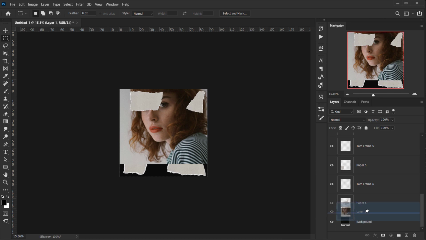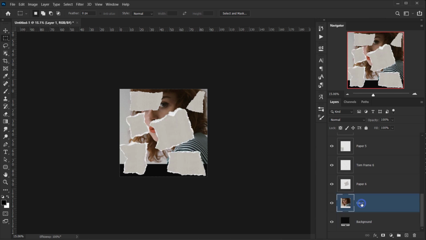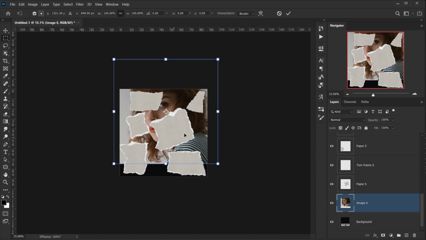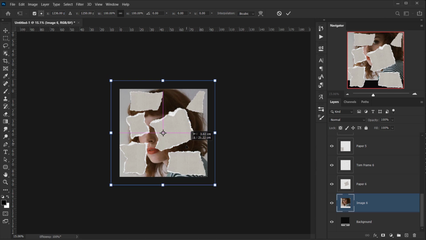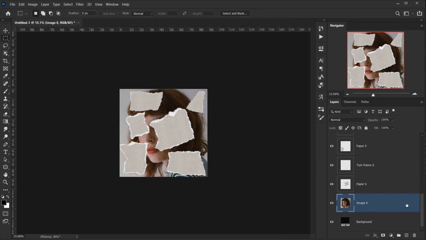All right. Now let's take this image down, maybe on top or down the paper 6, and let's call it image 6, if that makes sense. And then I'm gonna create 5 copies of this. But actually first let's place it where I want, maybe just in the center like this. All right, now we can create copies of it.